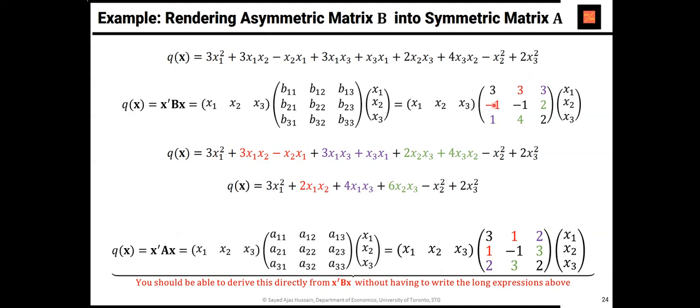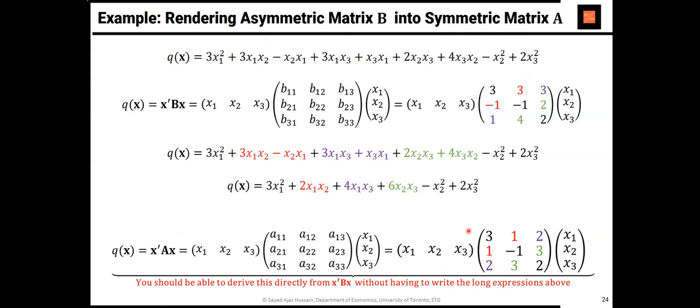And since this one is row 2, column 1, it must be the coefficient of the cross term x2 times x1, which is minus 1. So that 3 must be for x1, x3, and that 1 must be for x3, x1. This 2 must be for x2, x3, and that 4 must be for x3, x2. And of course, if I collect these terms, then I remember that I have to divide by 2, so that